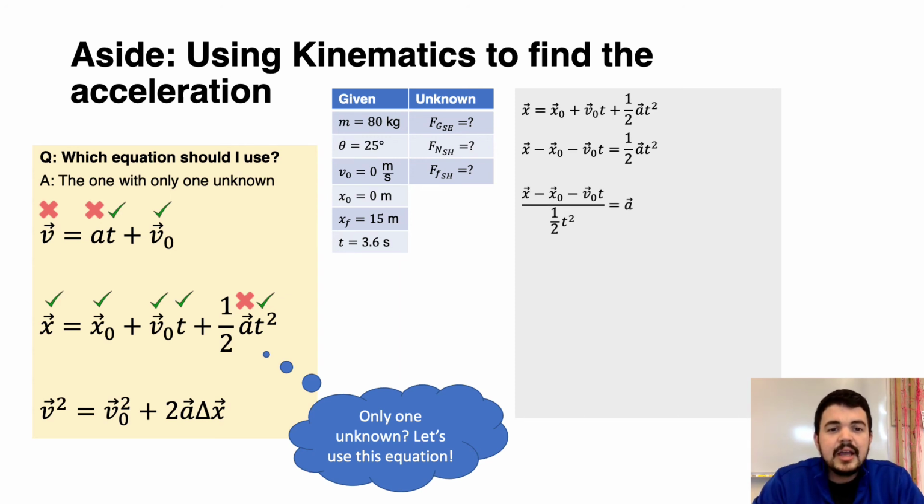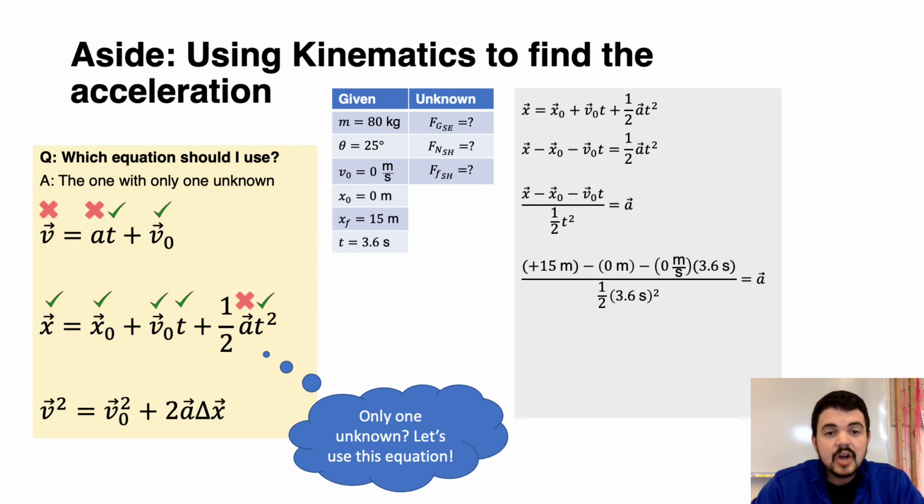And when we do that, we end up with 1/2 t squared in the denominator on the left side of the equal sign, and the 1/2 and the t squared have been divided out on the right side of the equal sign. And so now we have an expression for our acceleration. We can plug in all of those given values: the final position of 15 meters, the initial position of 0 meters, the initial speed of 0 meters per second, the time of 3.6 seconds, and in the denominator, half of